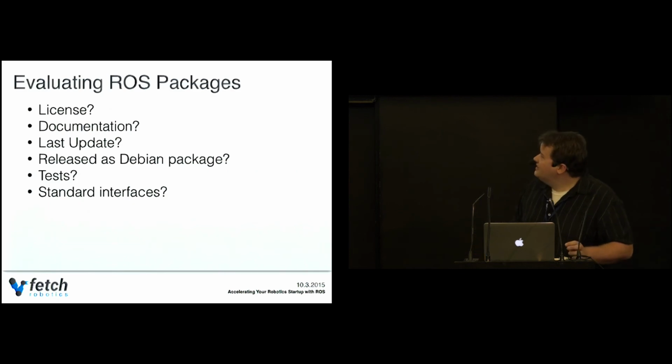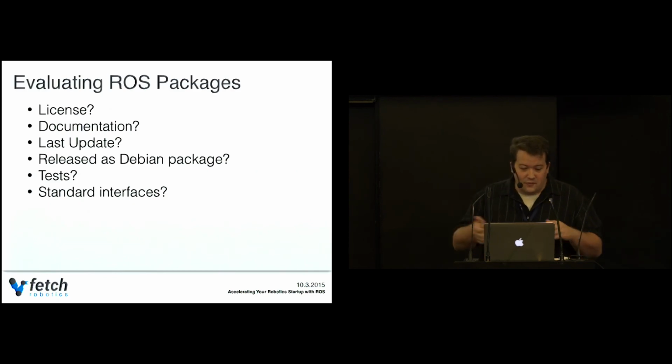And so this is somewhat redundant with that, but evaluating a ROS package, the one-page thing, is: look at the license. Does it have documentation? When was it last updated? There's a lot of things in ROS that are really old, like Groovy and Fuerte, and haven't been updated since. They're probably not going to work out of the box, and why did people abandon them? There may be something better that's come along. Instead of Robot Pose EKF, you should definitely be using robot localization, for instance.